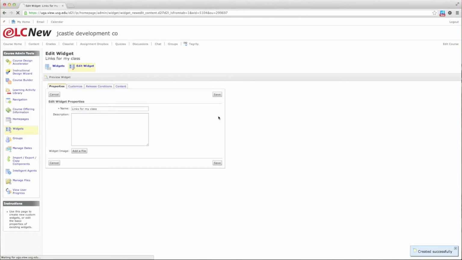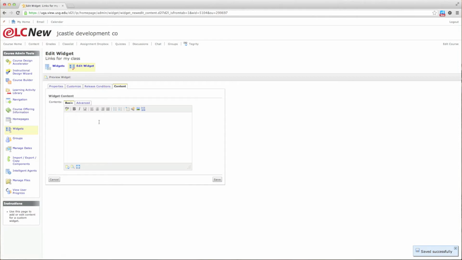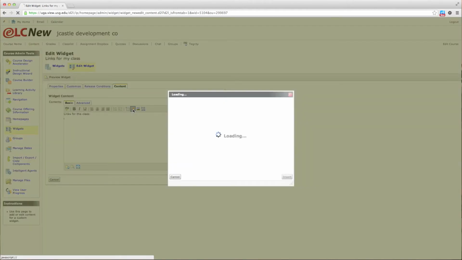and then I'm going to come over to the Content tab. This is going to load just a basic editor, much like you're probably already used to seeing in eLCNew. I'm going to type a little heading here, and then we're going to put in a link. So I'm going to use the link button,